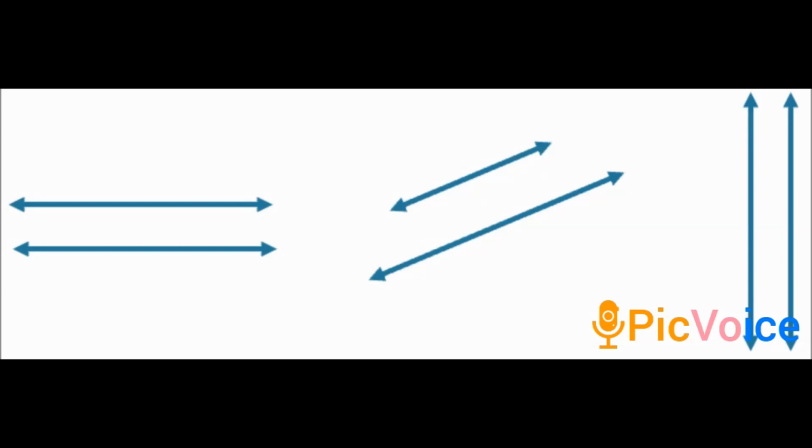Next you are seeing, children, parallel lines. What is meant by parallel lines? The lines which never meet each other are said to be parallel lines. See the diagrammatic representation. You are seeing 3 sets of parallel lines. Observe the picture clearly. They never meet each other. If you extend both the lines, they never meet each other. So we are calling such lines parallel lines.